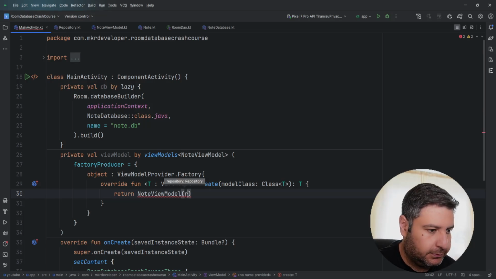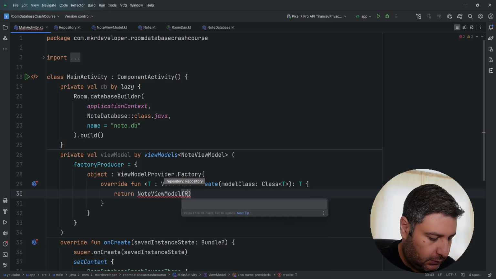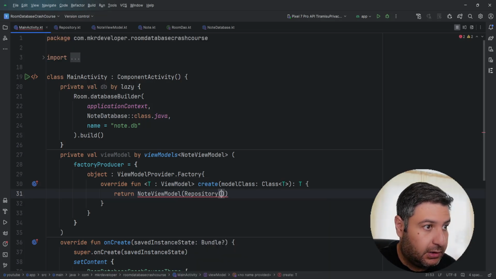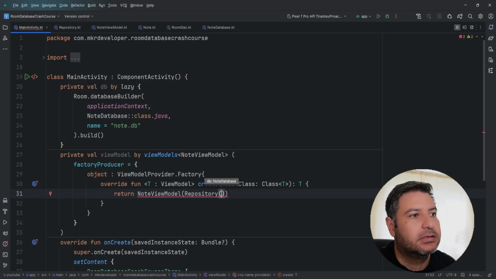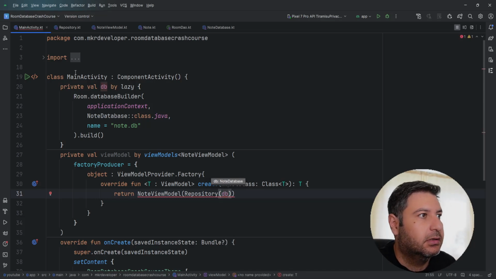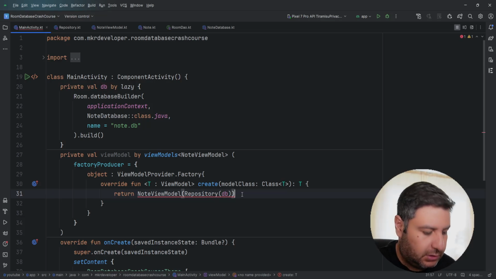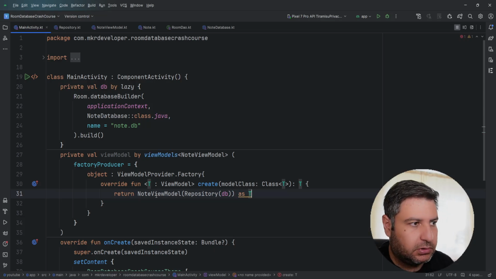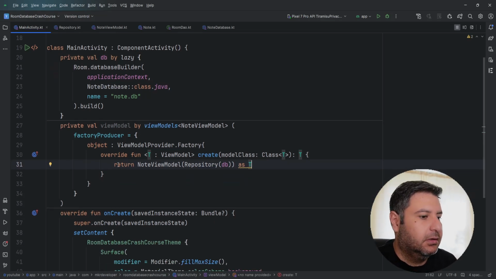So repository, and for the repository we have to pass the DB. So we pass the DB instance that we created here to the repository, and finally as T. Just use it like that. Okay,